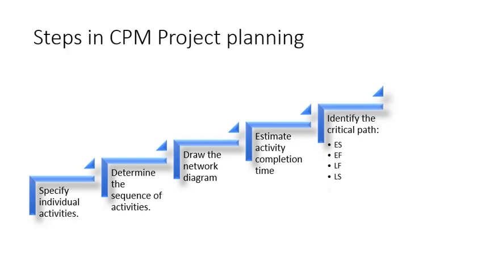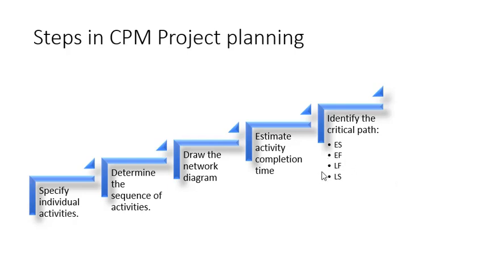Then fifth step is to identify the critical path. So critical path, as discussed earlier, is nothing but the longest duration path throughout the network. The importance of critical path is that the activities that depend on it cannot be delayed without delaying the project. So in order to identify the critical path, following four parameters can be taken into consideration for each activity. First being the earliest start time, the earliest start time at which the activity can begin, given that its predecessor activities must be finished first.